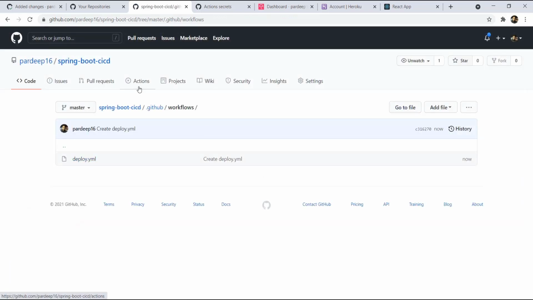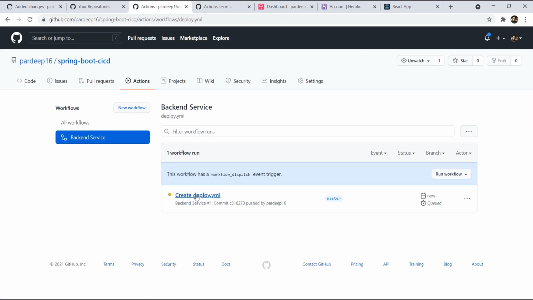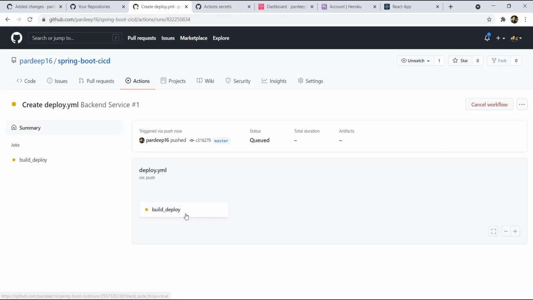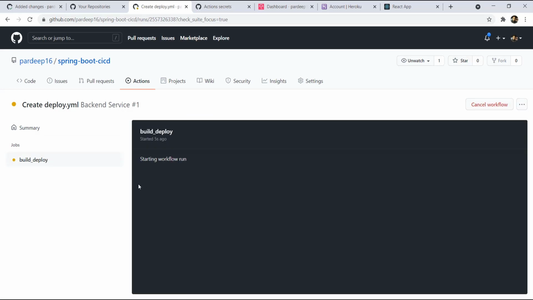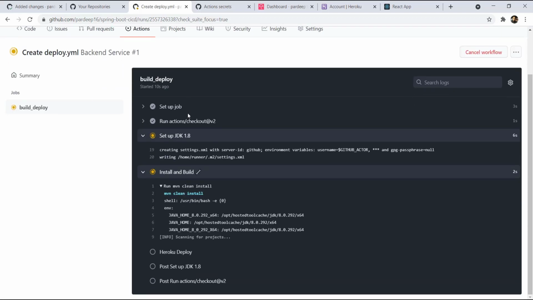So now we will see in the actions, the job is triggered. So here we have a build deploy.yaml. Let's wait. Once this job is finished, our code will be deployed to Heroku. Then we'll check on Heroku.